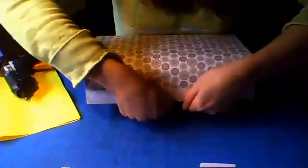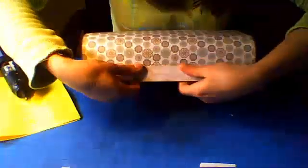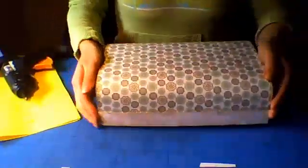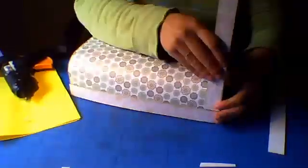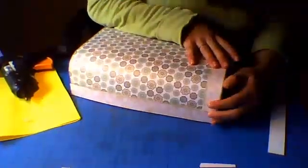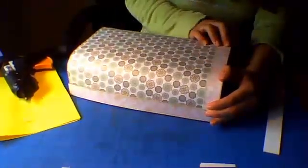There it is. Now you force it, right? Just like this. Okay, so we have a stripe over here and another one over here. And now I have two that are big, and we go, let me see, from here. It goes just like this, okay? And then you go around, okay? And you notice that I gave you a long measurement on the tutorial, but you need to cut it,